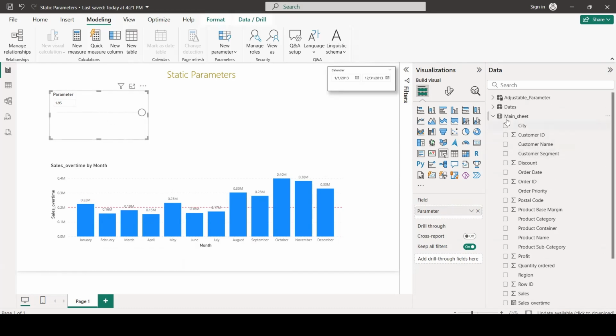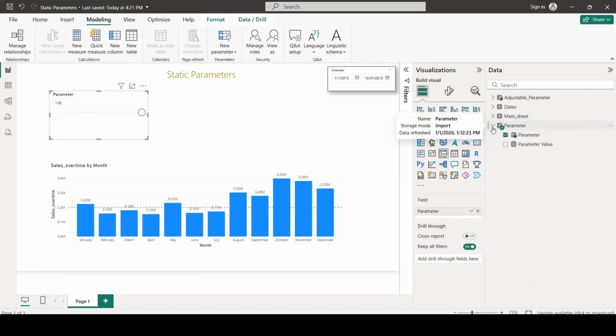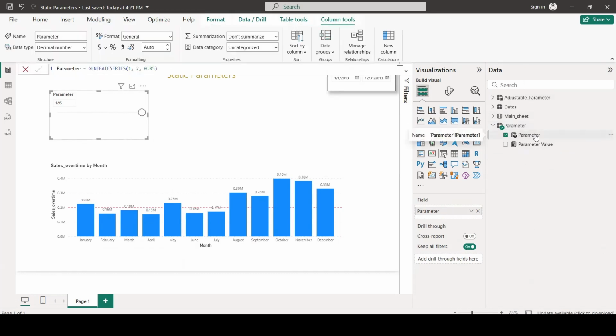Once we did this, we also have created a parameter in the data side, and it has the first parameter with a generated series list, where we have between brackets the minimum value 1, maximum value 2, and also the increment.